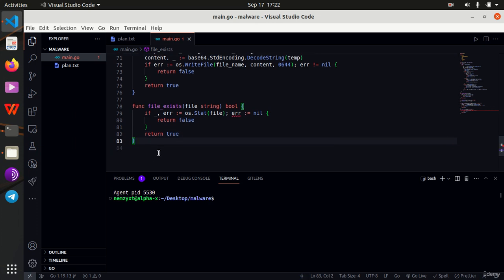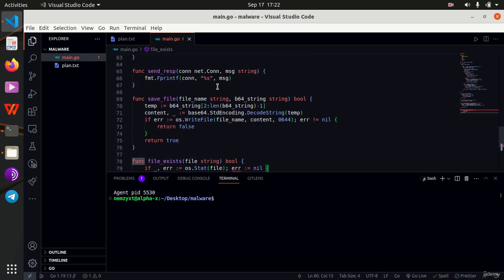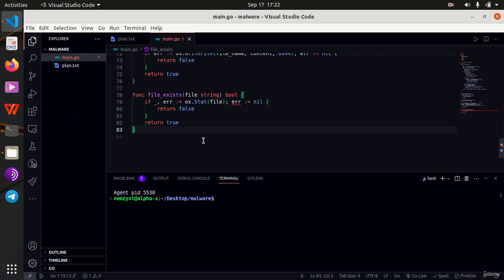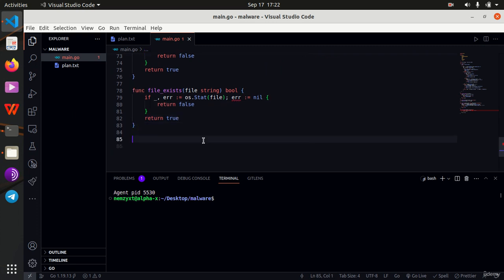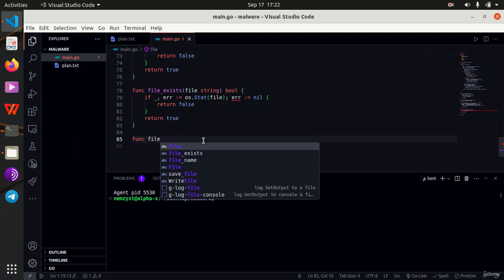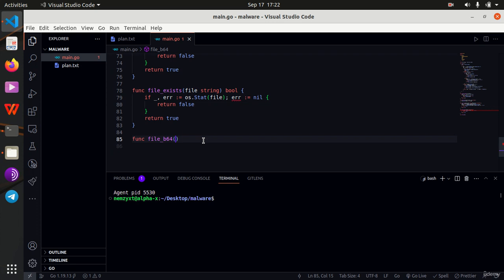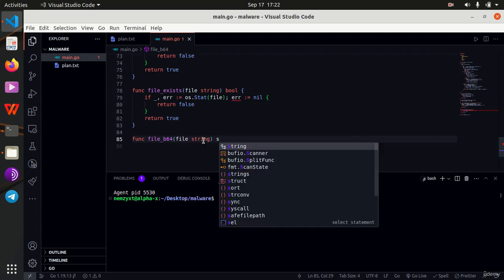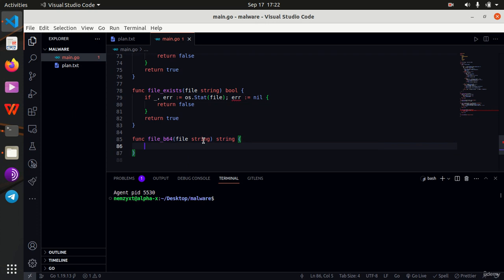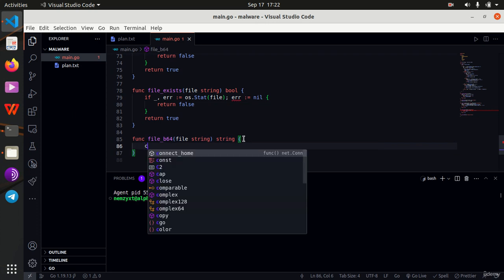Once we have confirmed that a file exists, the next thing we are going to want to do is to read the file and then send back the base64 string. So I'm going to create another function that will receive the name of the file, read it, and return a base64 string of its contents. So func fileB64, file string, it is going to return a string, which is the base64 string. And right here, we are going to first read the file